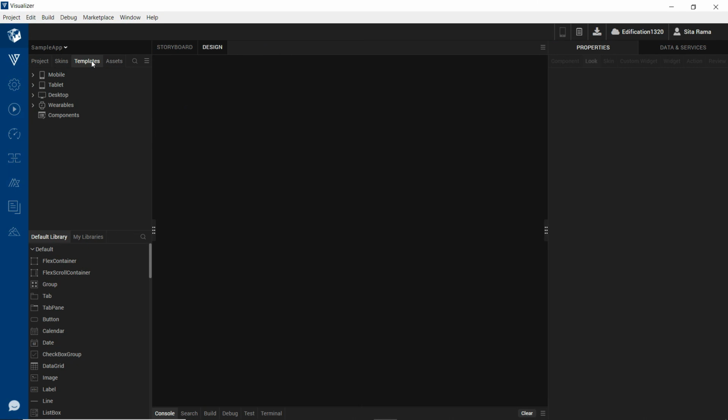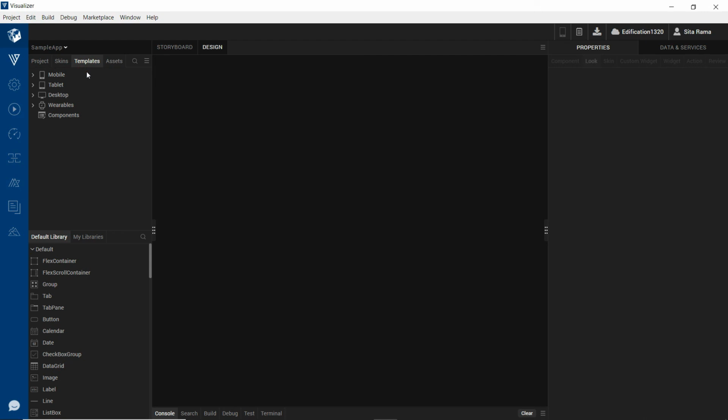Templates is the area where you can create common designs which you want to reuse across the various screens inside your application. For example, if you have a header or a footer that should appear on each and every screen in your application, instead of creating that UI in every screen, you can define templates and use them on every screen.